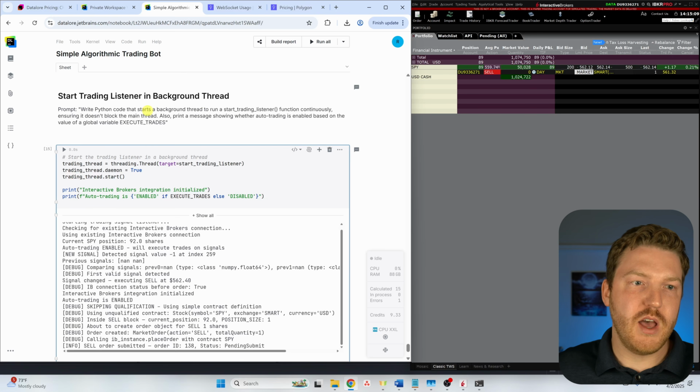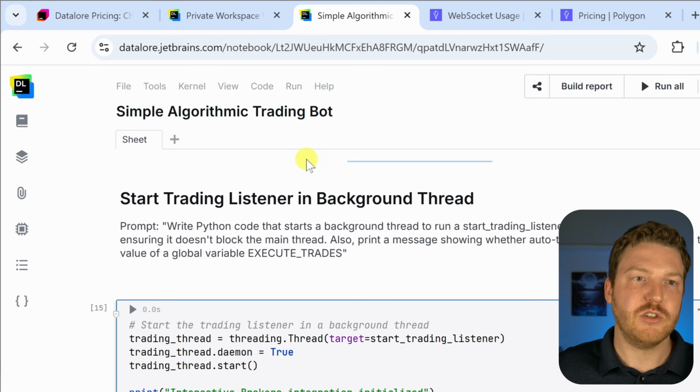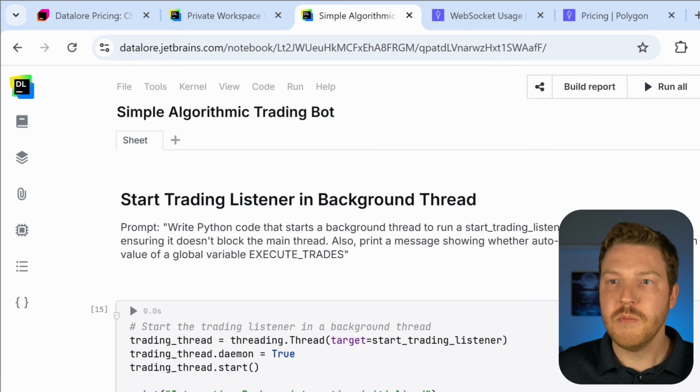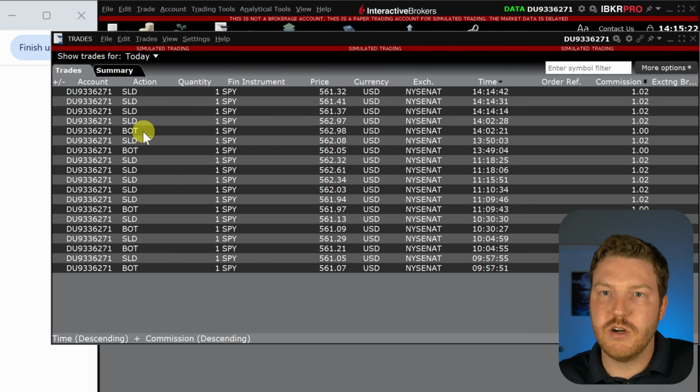I might go ahead and just stop this system for a second. We can just talk about what actually happened. So I'll do run, and then we can just stop machine. So that'll just stop everything. And now we can go look at our trade history, and we can see that it was making these. We did 3 trades on this, where one traded 17 seconds after the other one, and the other one waited the 10-second cooldown period, then had a